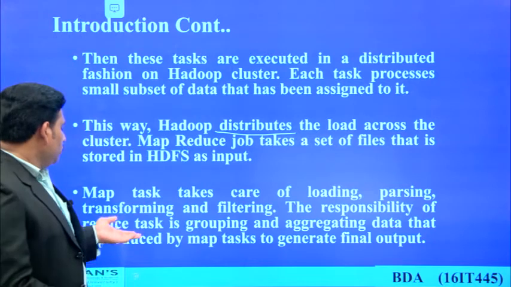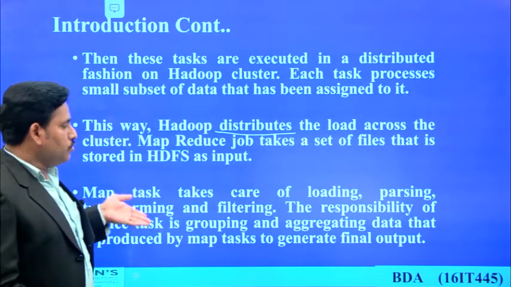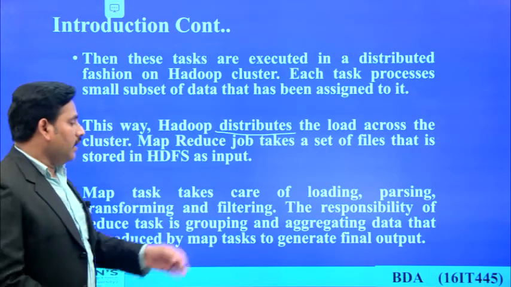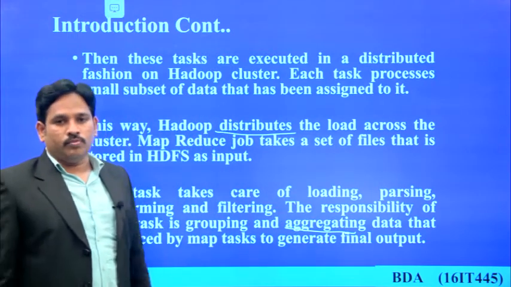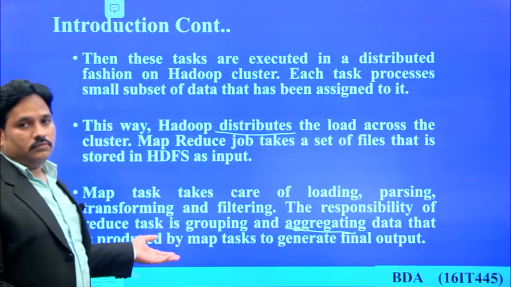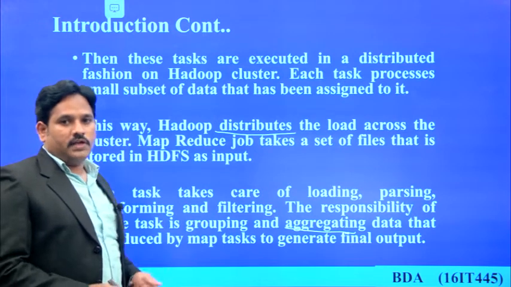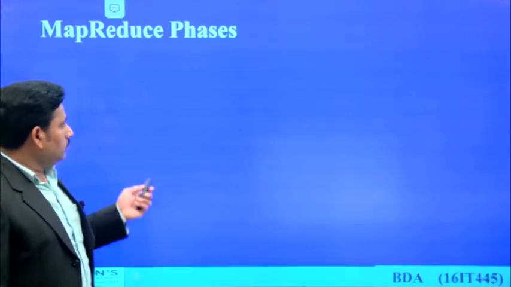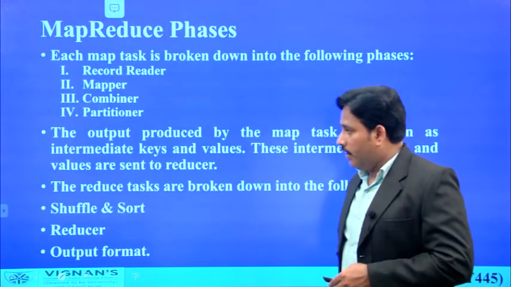And after completing all these activities, the reducer task or reducer block will perform data aggregation operations. It means to produce the final output, data aggregation operations are applied on the data which came from the mapper module as output. So this is the way of assigning jobs to the mapper and reducer.